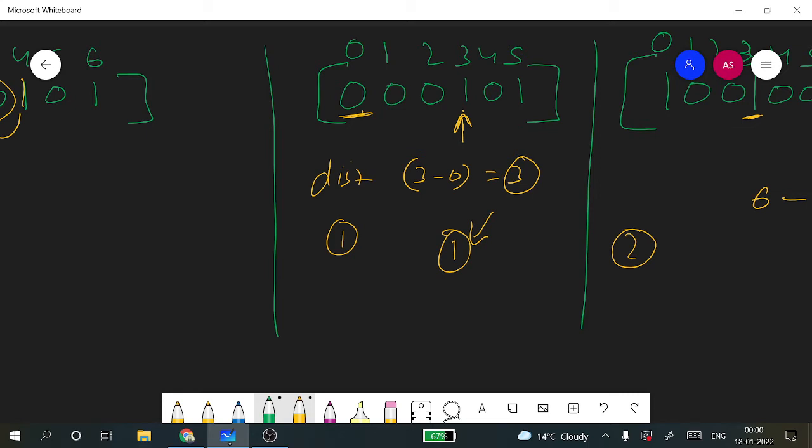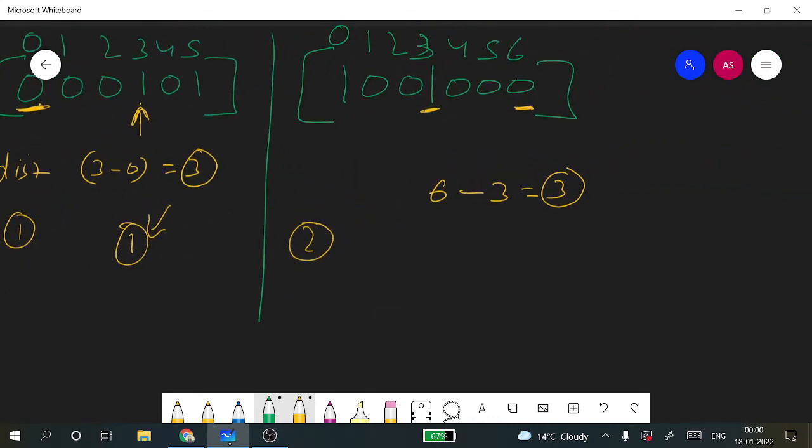That index gives us the maximum we can obtain by making Alex sit at left. And for the rightmost, we take the last index minus the rightmost person's position, which gives what maximum Alex could get while sitting at the